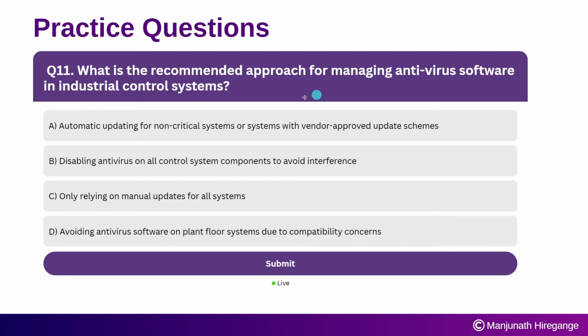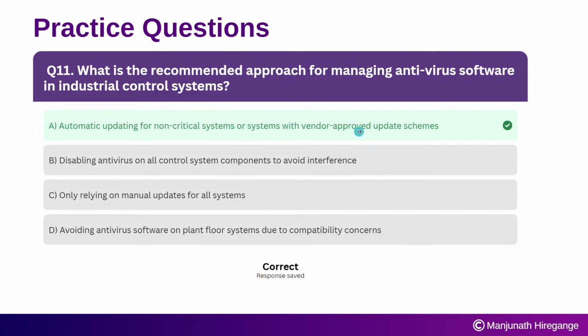So managing antivirus software. Option A, automatic updating for non-critical systems or systems with vendor-approved update schemes. Disabling antivirus on all control system components to avoid interference. Only relying on manual updates for all the systems, and avoiding antivirus software on plant floor systems due to compatibility concerns. So the right answer is automatic updating for non-critical systems or systems with vendor-approved update schemes, because in